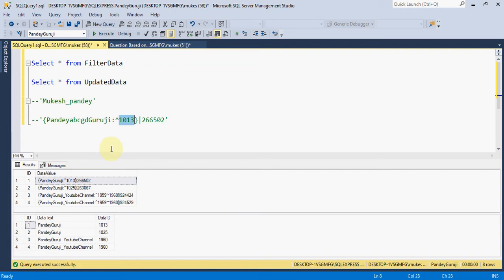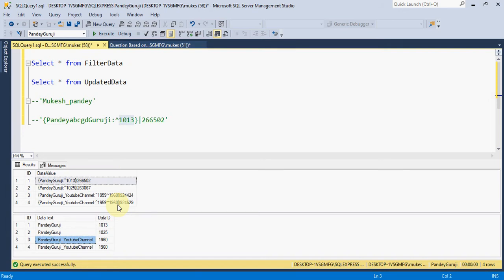So we have two requirements. The output looks like this: Pandey Guruji 1013 and Pandey Guruji 1025, Pandey Guruji underscore YouTube channel 1960. So you need to retrieve 1960, and no need to retrieve 1959.